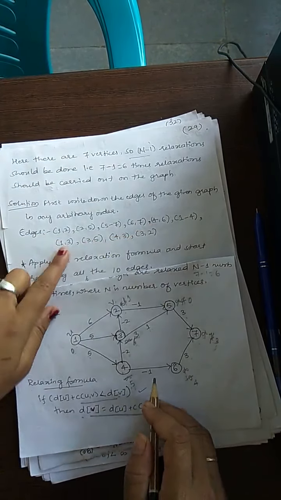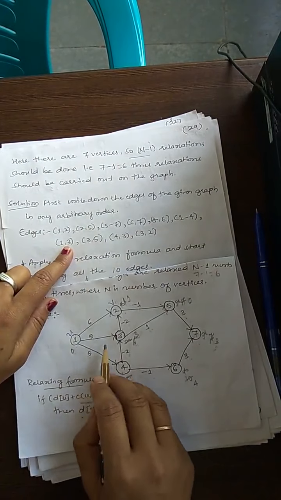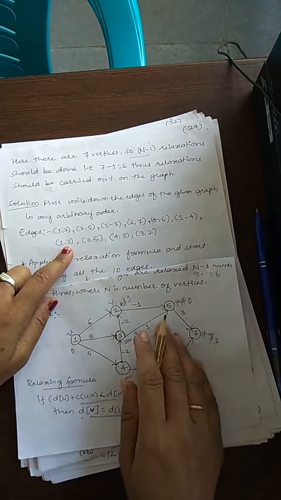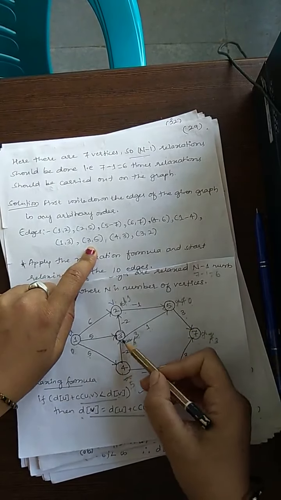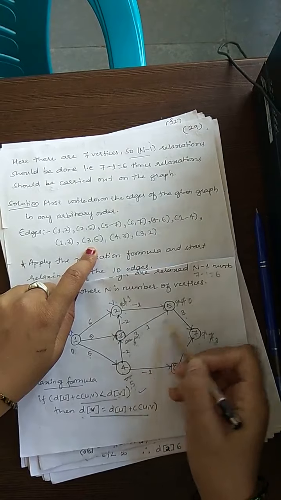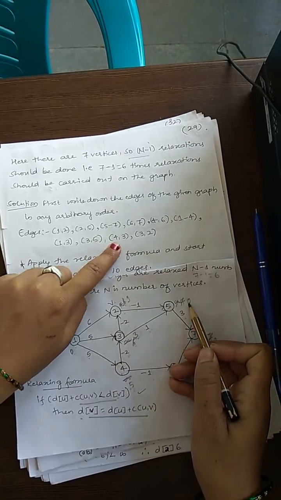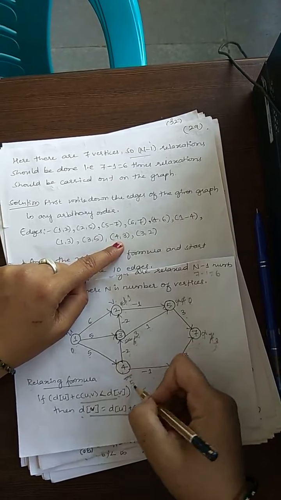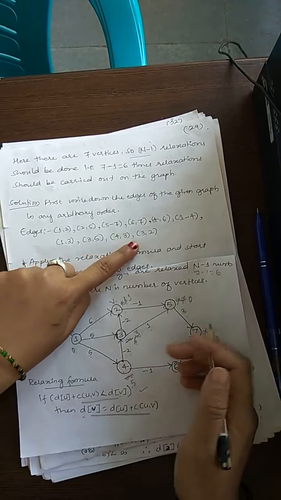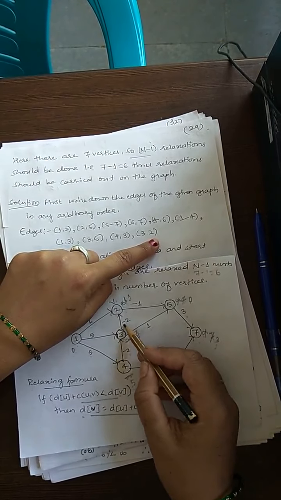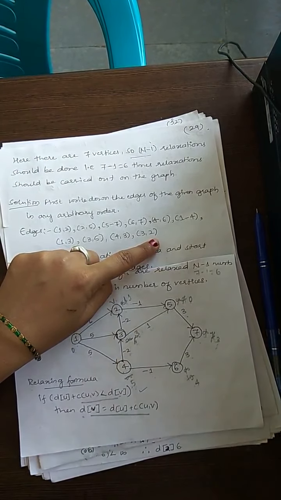Next we are having 1 to 3. So 1 to 3. 0 plus 5 is 5. But here 3 we are having. Keep it as it is. 3 plus 1 is 4. But here 0. Keep it as it is. Next 4 to 3. 5 minus 2 is 3. Keep it as it is. 3 to 2. 3 minus 2 is 1. Keep it as it is.